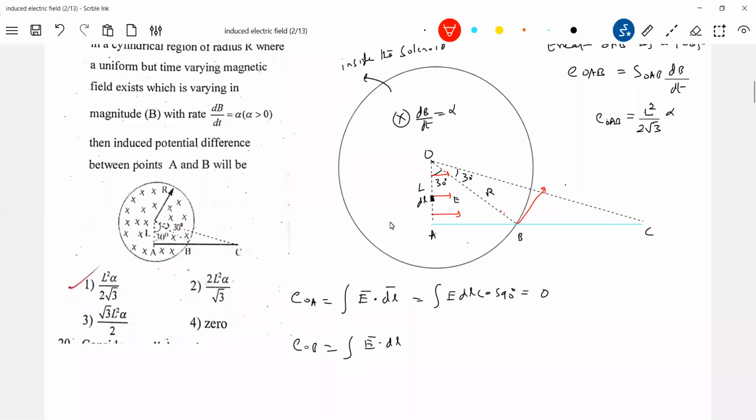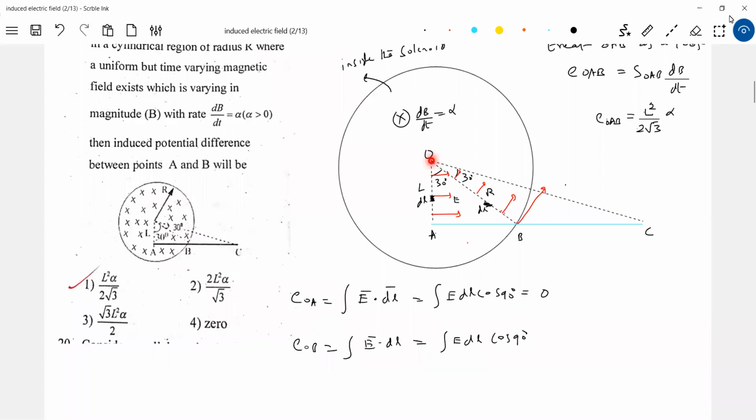You have plenty of numericals based on this basic concept. Here also, look at how dl is measured along OE. What is the angle between them? E dl cos 90. Some value, it need not be E. I think we know as you move away, the E bar will increase, no? And on the circumference it will be maximum. Again, it starts decreasing. You must have this background, I'm telling you.